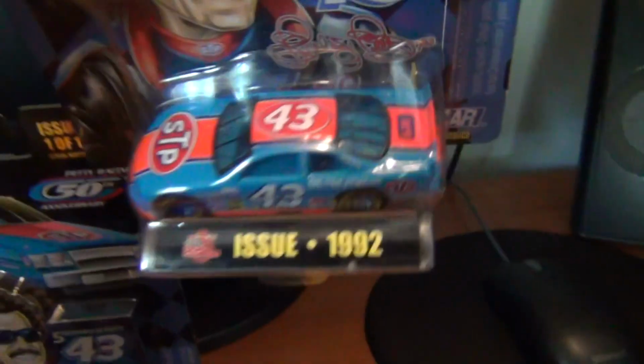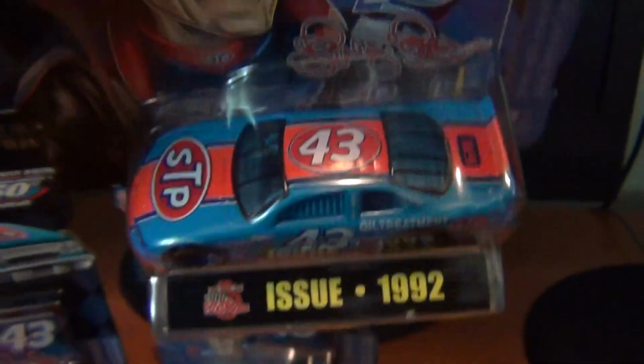Really cool, really nice, that one as well. And the one from the year I was actually born, the 92 Pontiac Grand Prix, sorry, Pontiac Grand Prix, excuse me. Really nice. Don't know if Petty drove that one exactly, but